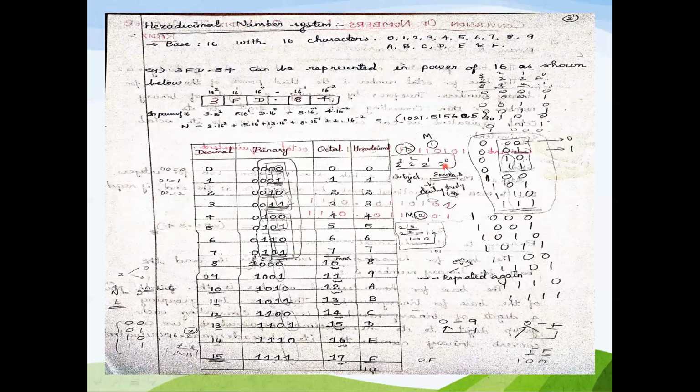So 2 power 0, 2 power 1, 2 power 2, 2 power 3. It is a positional value that has been given to this number, and accordingly we'll have 00 for 0, 01 for 1, 10 for 2, 11 for 3, and this is the maximum value reached for the case of a 2-bit number, and hence once again 00, 01, 10, 11 will be repeated here with the value of 1 in the highest position, in the case of your third bit.